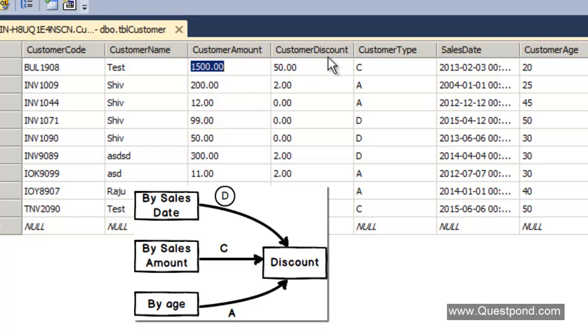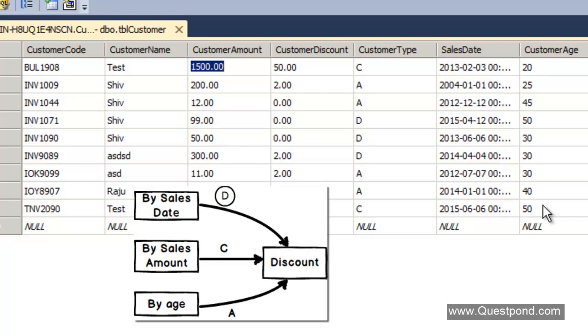The second way is by looking at the sales date. If the sales date is, let us say, Saturday or Sunday, then you get some X amount of discount. The third way of calculation is by looking at the age. If he is a senior citizen or some kind of old person, then you get X amount